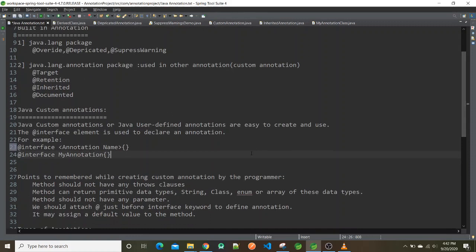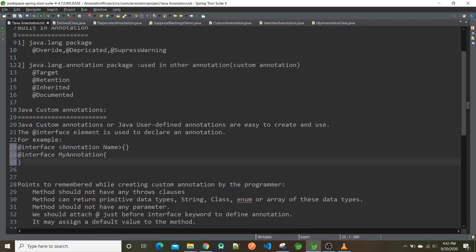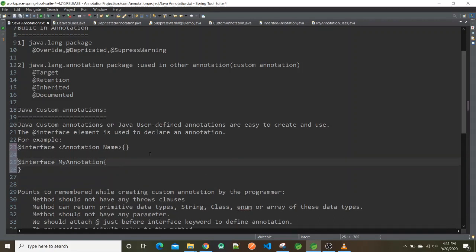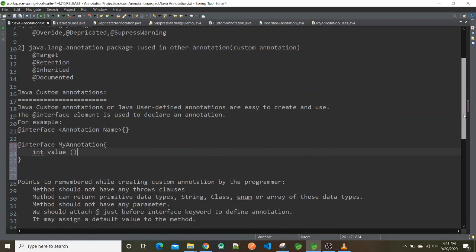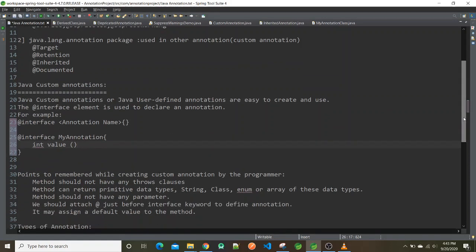But there are a few points to remember while creating a custom annotation. Those are about its methods. If the annotation has a method, then this method should not have any throws clause, and the method can return a primitive data type, String, Class, enum, or an array of these data types.